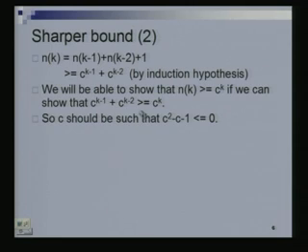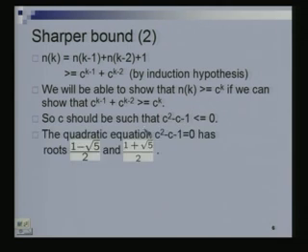So, what should c be so that this is true? Well, I just cancelled out terms appropriately and I get c square minus c minus 1 should be less than or equal to 0. If c satisfies this, then this will also be true. Why? Because I just multiply both sides by c to the k minus 2 and I would get exactly that. And if this is true, then n of k, which is larger than this, would also be larger than c to the k. Right. So, I just have to pick a c which satisfies this, and you all know how to figure out a c which satisfies this.